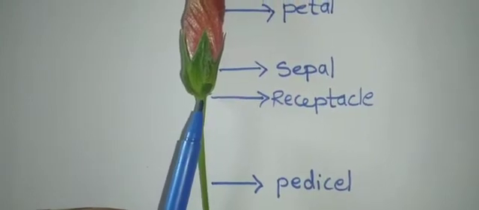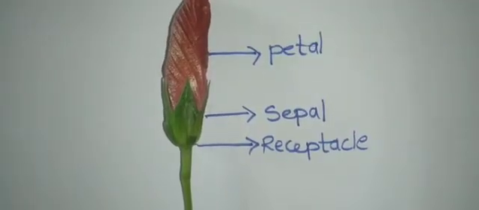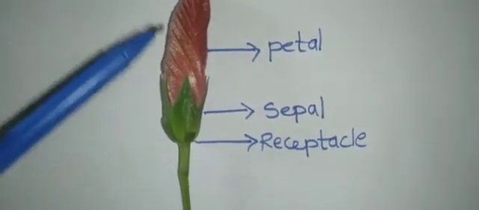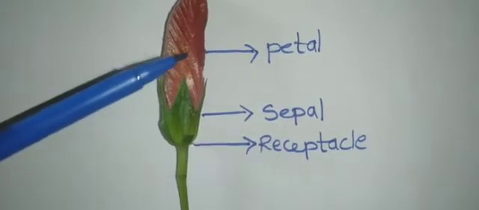And here you can see some small swollen structure, but you cannot find it here. Students, here you can see some swollen structures, right? This swollen structure is called the receptacle. You can see it in the rose flower. ಸ್ವಲ್ಪ bulge ಆಗಿರೋ ತರ ಇರುತ್ತೆ, that is called the receptacle or thalamus. And you know that flowers have colorful petals to attract the insects.